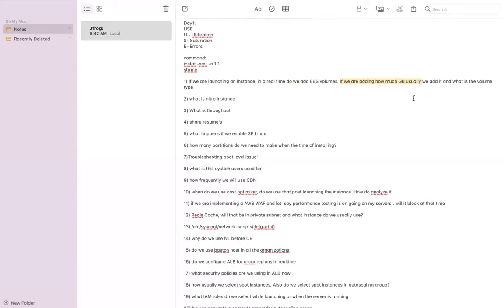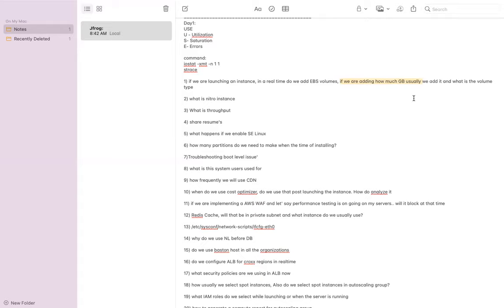So yes, definitely by default we add approximately 15 GB at the very initial time. Why is it so? Because 3 to 4 GB of disk space is utilized by the operating system itself, and whenever we plan to host an application on the server, we need additional disk space as well. So 15 to 20 GB is good enough at initial size. But if we are going to install a database, or we know very well that a very huge application will run on the server, it could be 200, 300, 500 GB as well. But if it is an application server, 15 to 20 GB is good enough.